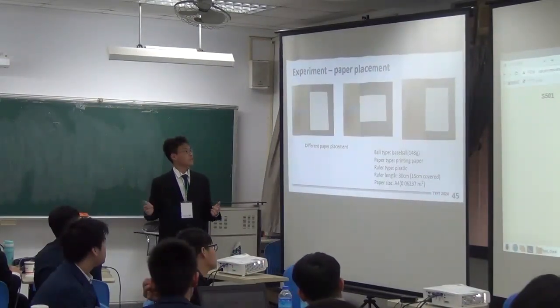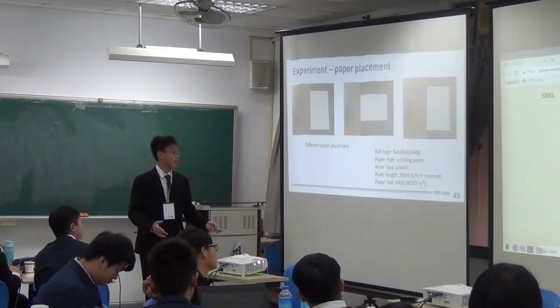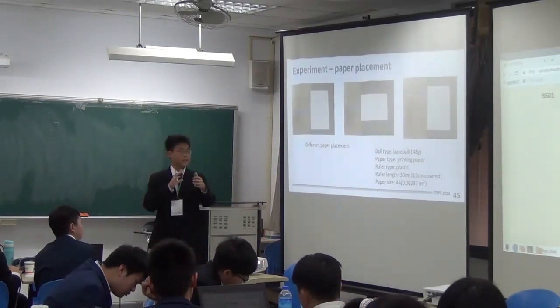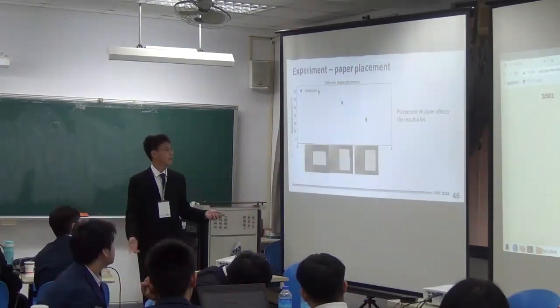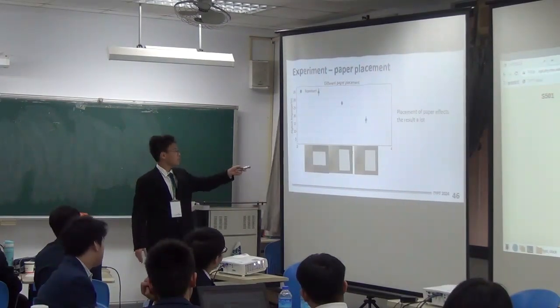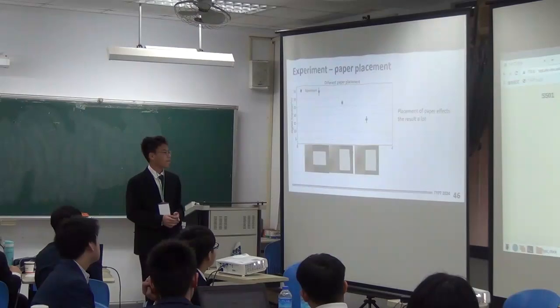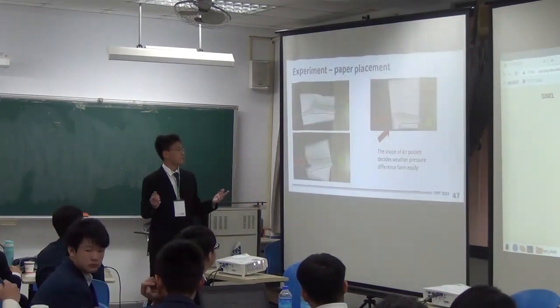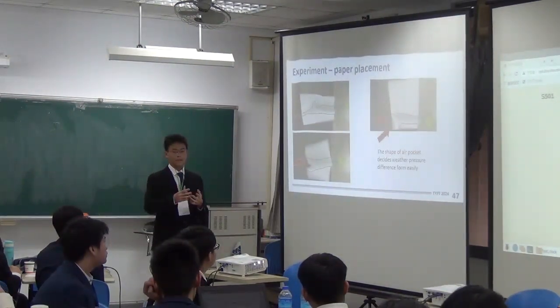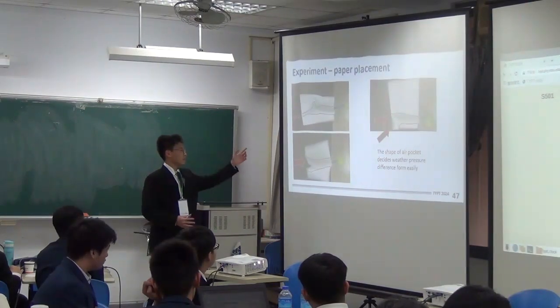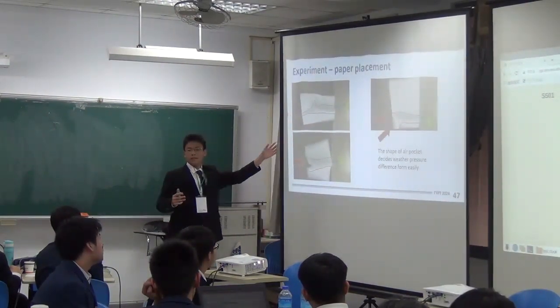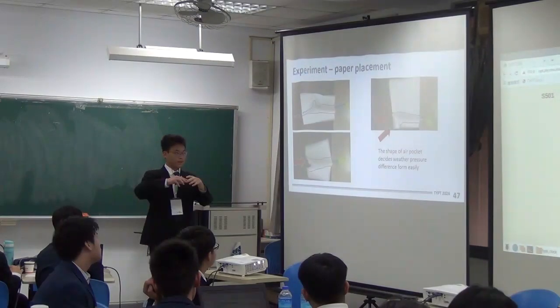And then my final experiment is about the paper placement. I place paper in different orientations and then see what's going to happen. For different orientations, you have a very big difference in the flip point, so it will affect the result by a lot. The reason for that is whether the air pocket has a big opening to the outside. Like this one, it only has a very small opening, so the air pressure difference could be formed very